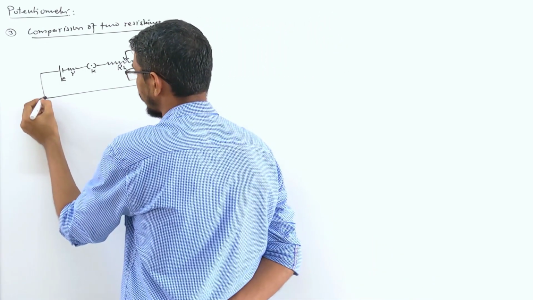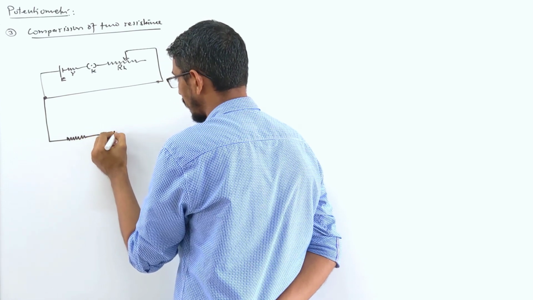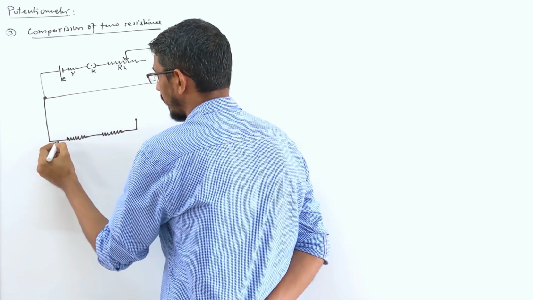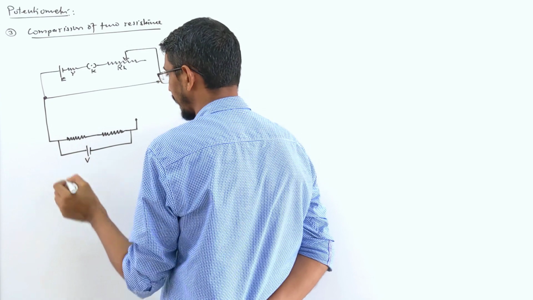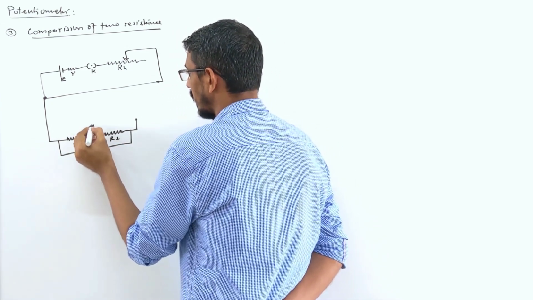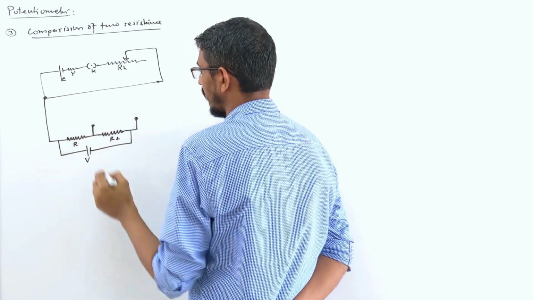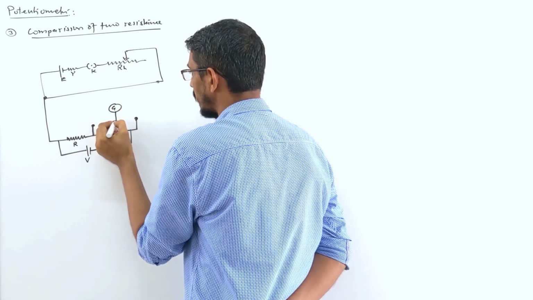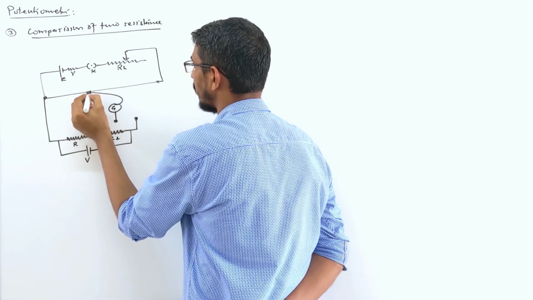Here how do we connect? We connect the 2 resistances which we want to compare in series, like this, and you have to connect a battery across them, so the current flows through them. This is a battery V. This is a resistance R1, this is a resistance R2. These are 2 terminals just for connections. Then this is your galvanometer G, and this is a terminal for your galvanometer, and this is your jockey.